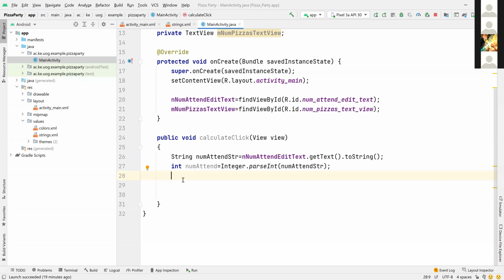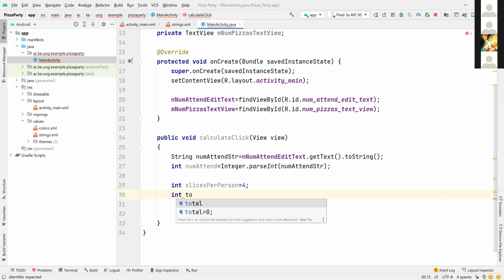So now we initialize, we create an int, slices per person variable. We say equals to 4, slices that a user should get. Then we say int total pizzas equals to,